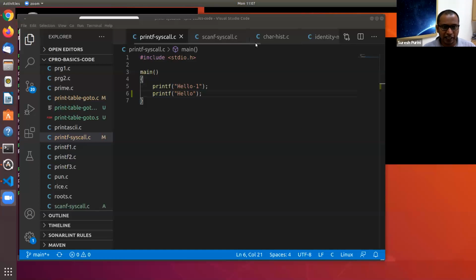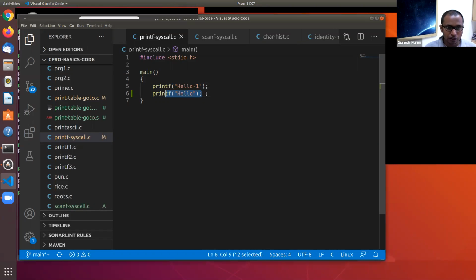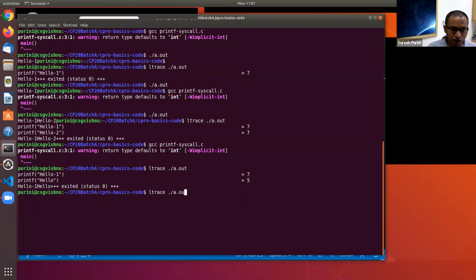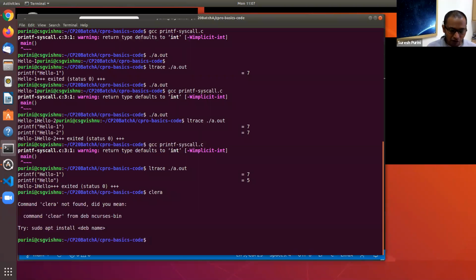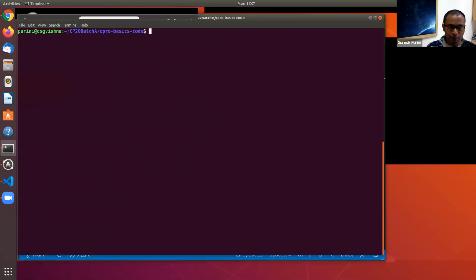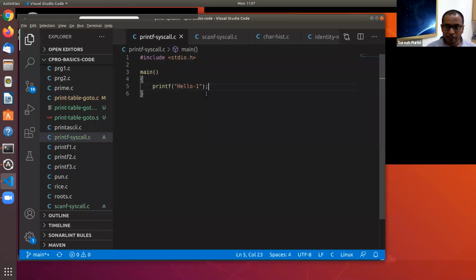So now let's try to do an strace. When we do this, we can find out all the system calls made by the program. I want you to keep this in mind: don't try to understand everything that gets printed on the screen. A whole lot of stuff gets printed.